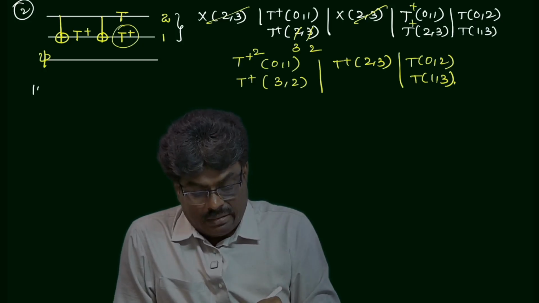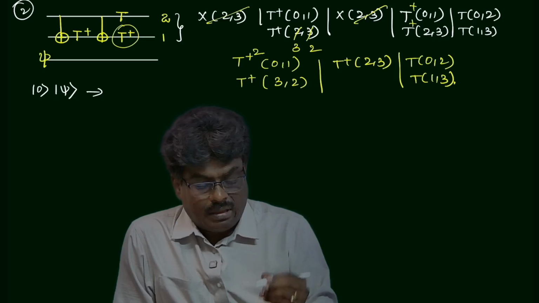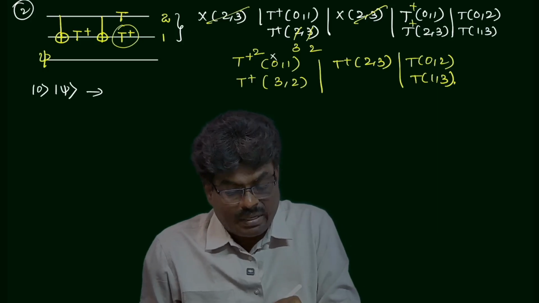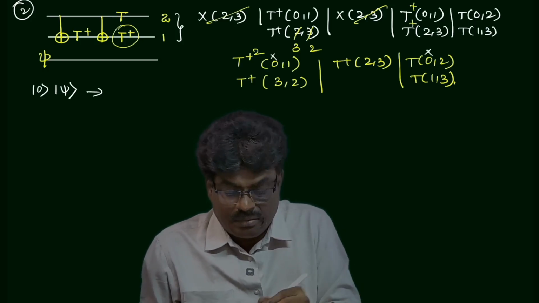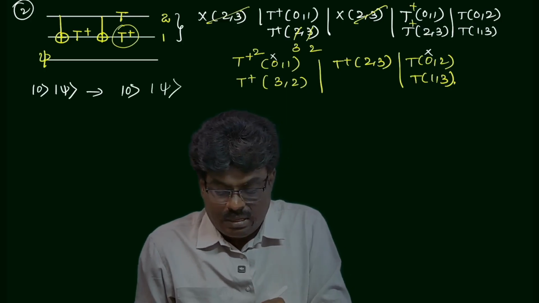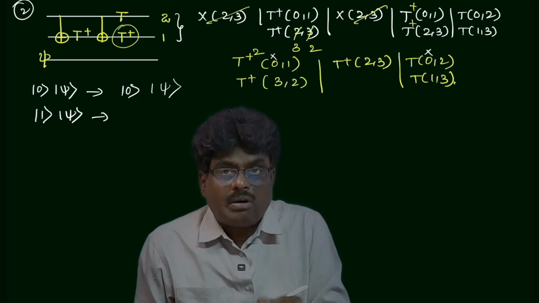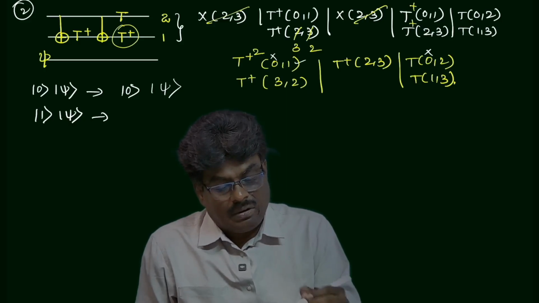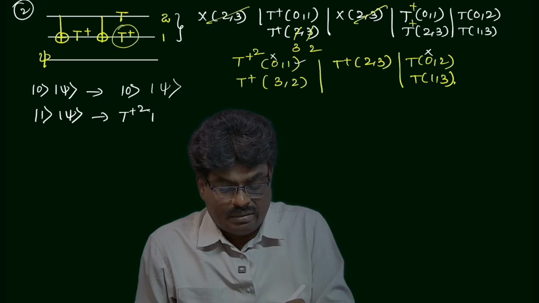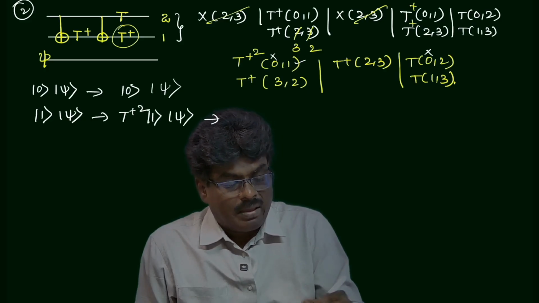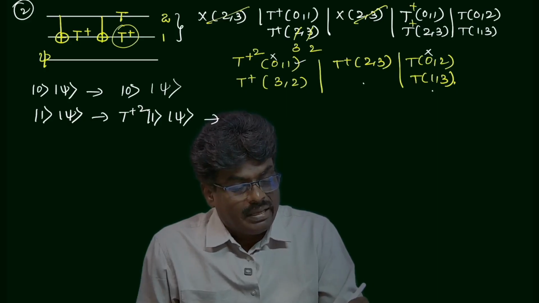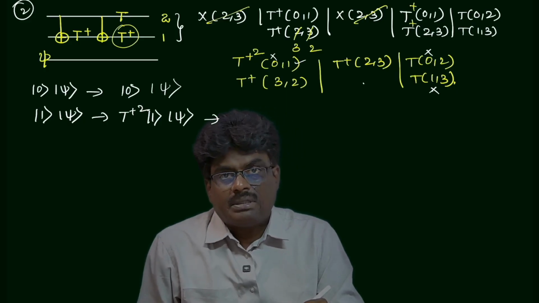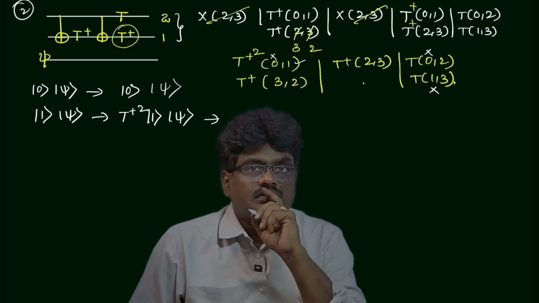Now I am taking 0 psi. Psi no operation, only 0. Okay, so here 0 is off, that's why no issue, and here also 0 is off, that's why no issue. Next 1, if it is on, take that operation, if off, leave it. So 1 psi. So here 1 is on, that's why T dagger square 1 psi. And next come to here, there is no 1, and here 1, but it is off, that's why T dagger square 1 psi, T dagger square,